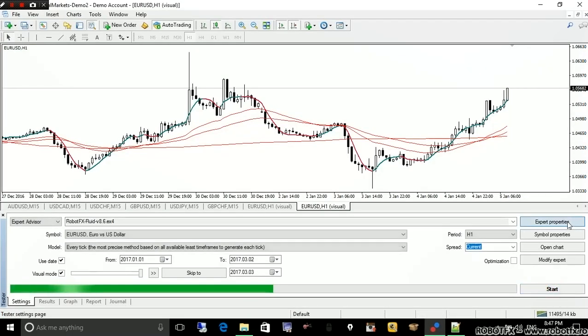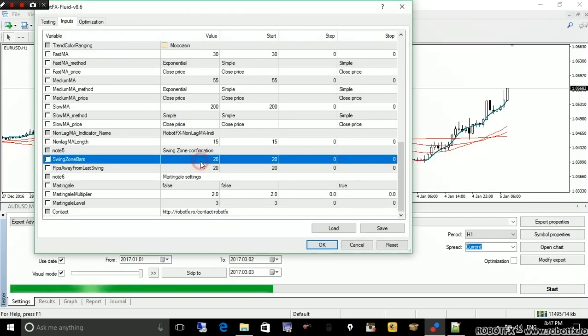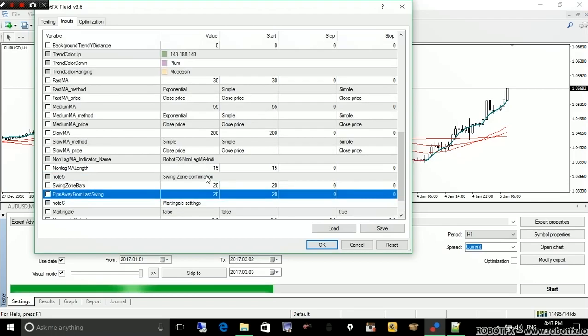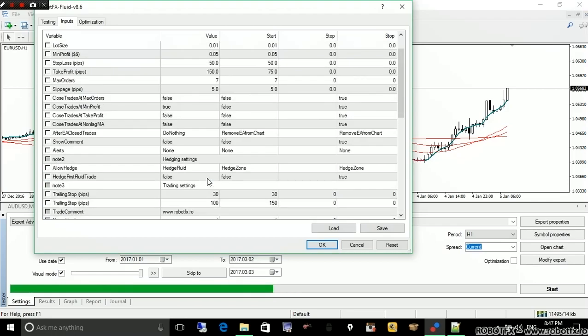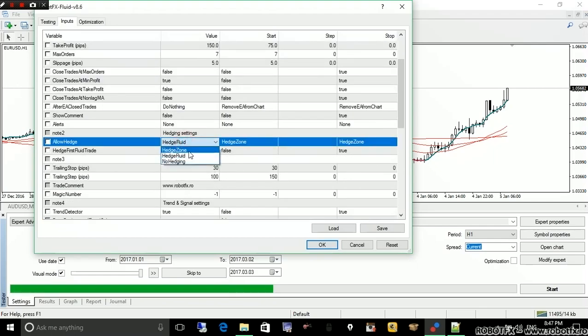Let me close this better. The pips away from last swing applies to the first trade, the first open trade by the expert advisor, regardless of what you choose here: allow hedge, HedgeZone, HedgeFluid, no hedging. This is the first trade, and it respects